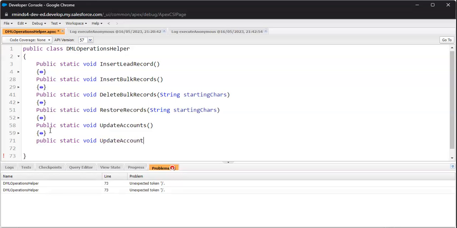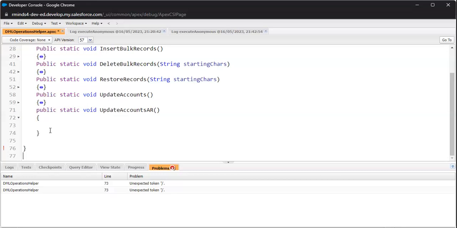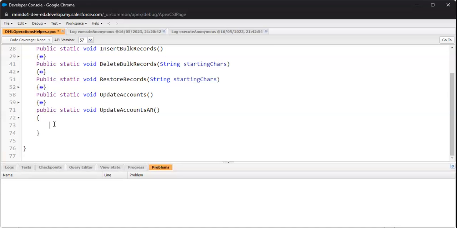So update accounts AR, annual revenue. Okay. So I'm writing this particular method. Okay. So what do we need to do first? So this is our static procedure, non-parameterized procedure. So first I will have to collect all the industry names into one particular array. Okay. So from that array, I'm going to traverse through using my switch statement. So how do I need to do? Let's define an array